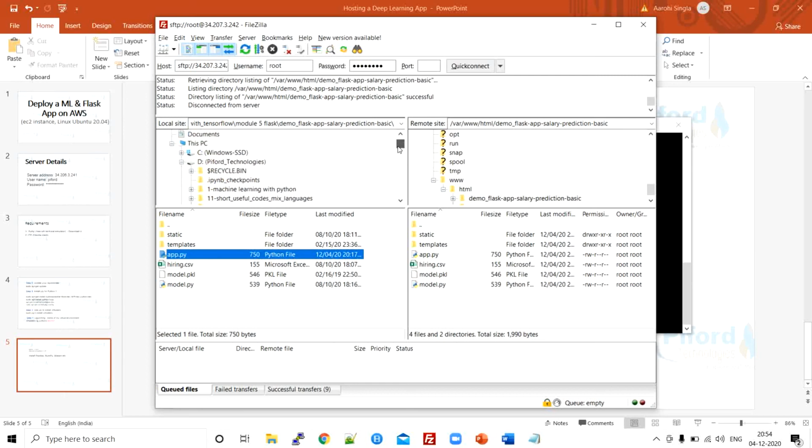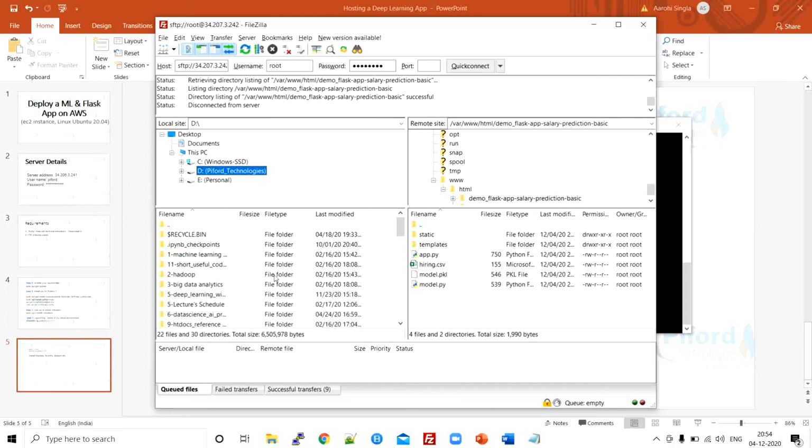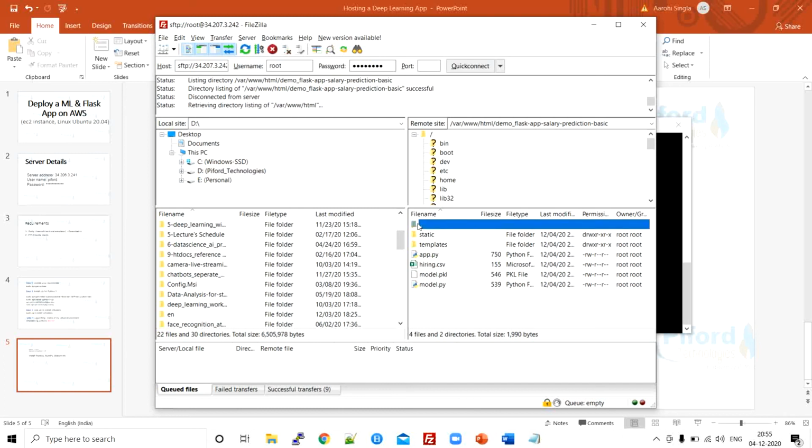For example, let me click on D drive. So these are the files of my D drive, right? You can access any of the files from here. And on this side, these are the files of our server. So right now where we are? Okay, let me show you from the very beginning. See guys, always see that in the very first line you will get one folder and 2 dots over here. That simply means you want to get outside this particular thing. So I want to get out from this folder. So I have clicked on it.